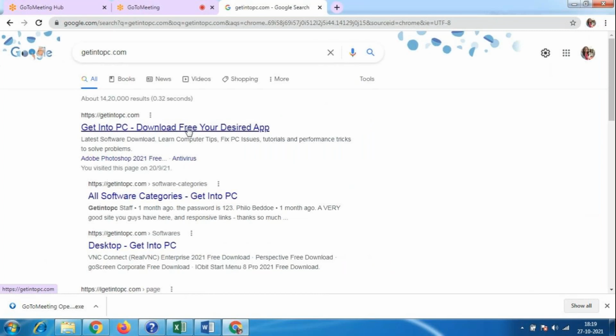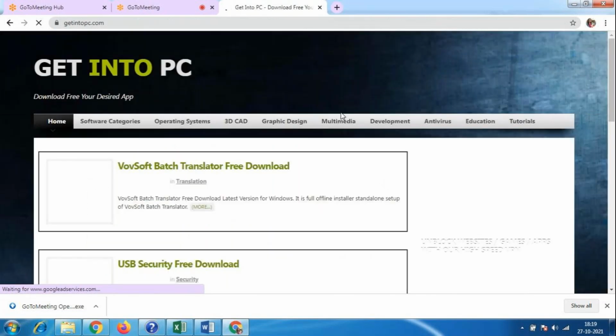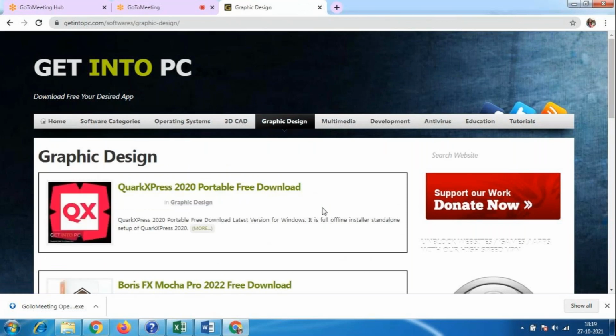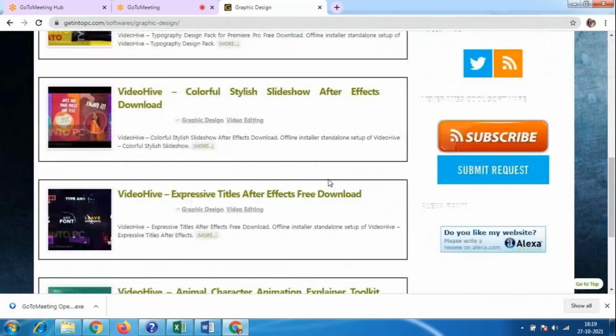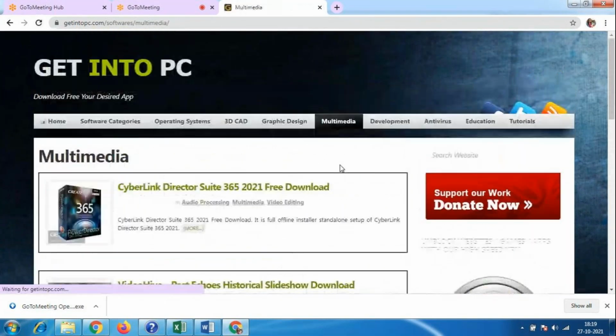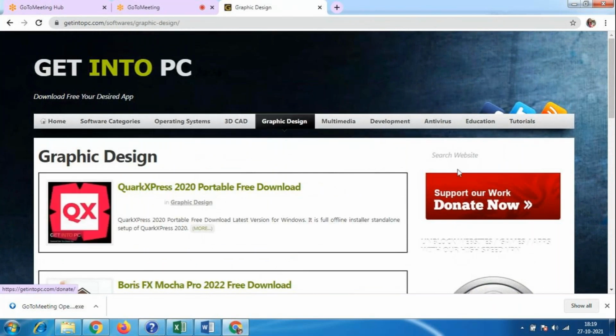Get into PC. Go here and download the software here, getintopc.com. In this we have graphic design. Here you will get this option, Get Into PC. In this we can search whatever software we need. See, we have 3D, CAD, graphic design. Look at this graphic design. You can type here, multimedia is there. Okay, graphic design. In this I'll give InDesign.